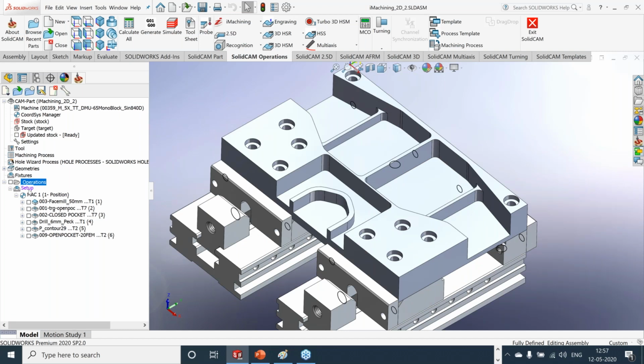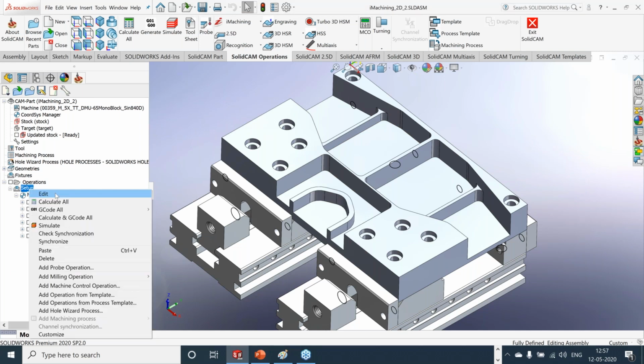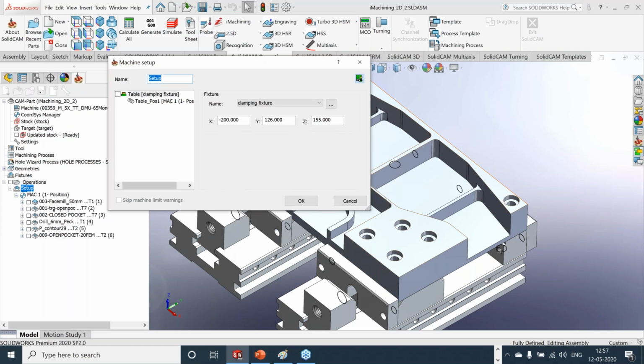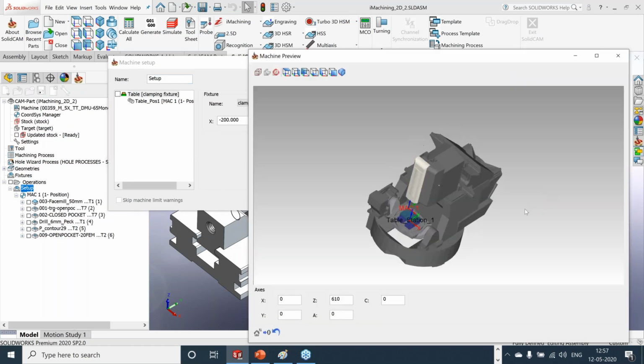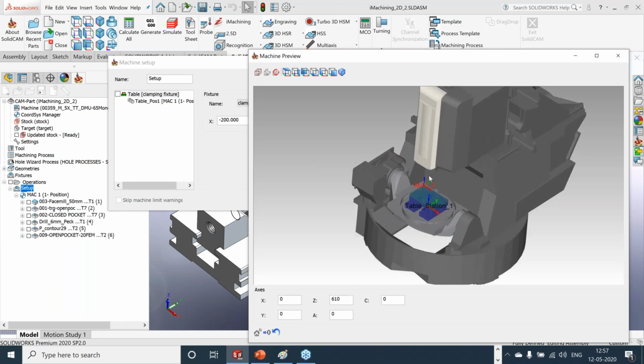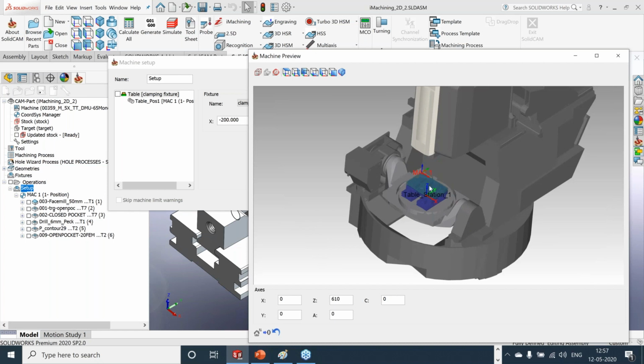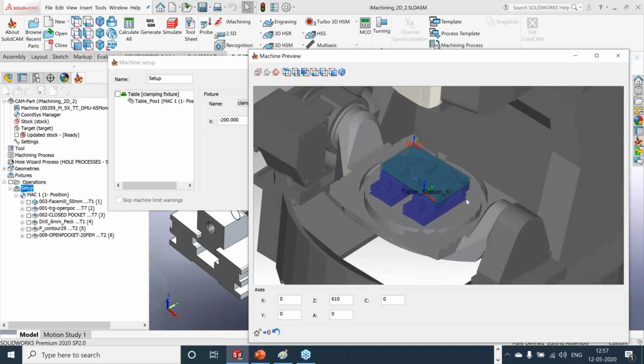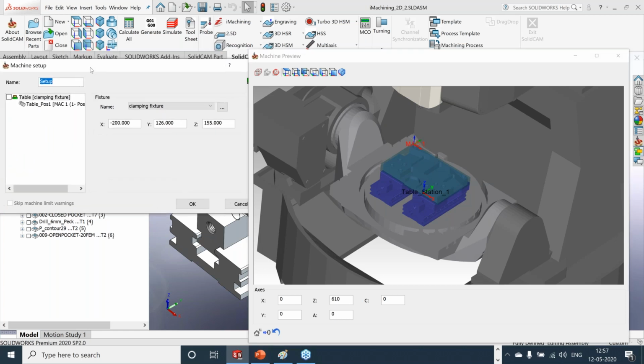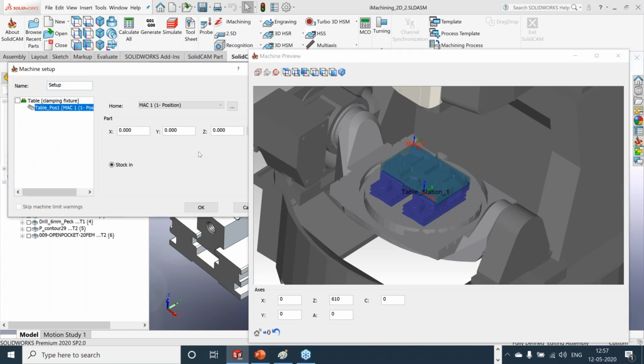Another function we saw is under machine setup. Now, if I edit the setup, you can see the preview of the setup you have defined, whether you are using any fixture. Along with the machine, you can see the preview before seeing the actual simulation. So it shows the machine, the fixture, the raw material and the part you have defined. And apart from this, now in 2020,